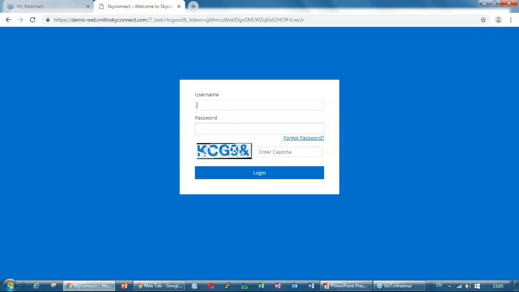This is the new interface where you have to put your complete email ID, demo@demo.mithiskyconnect.com, then the password, and the CAPTCHA.